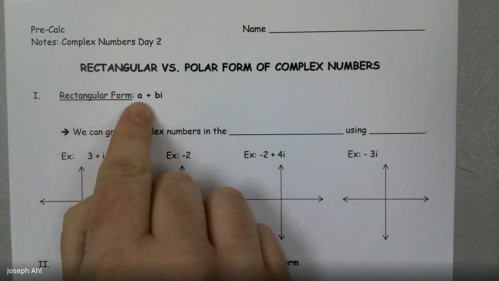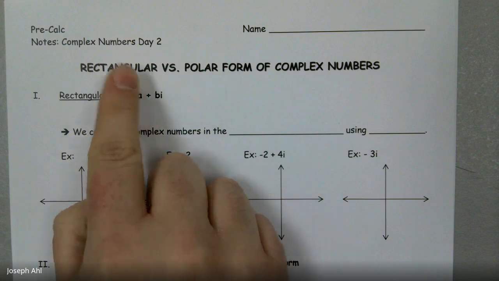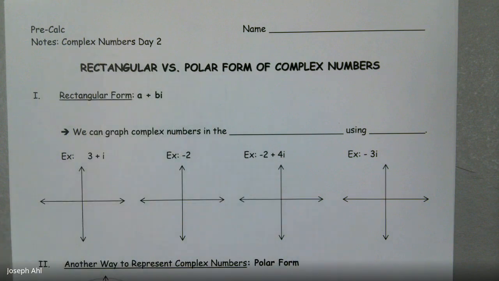So right away at the top, you can see that a plus bi is defined as being in rectangular form. We'll talk about what that looks like in polar form in just a few moments. But first, in order to do that, we need to be able to define and graph complex numbers. So in a moment, you'll see that we're going to be graphing some, and it says we can graph complex